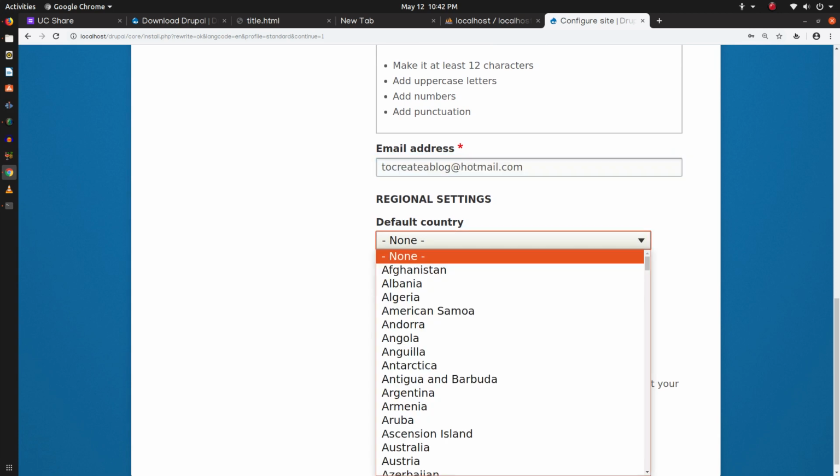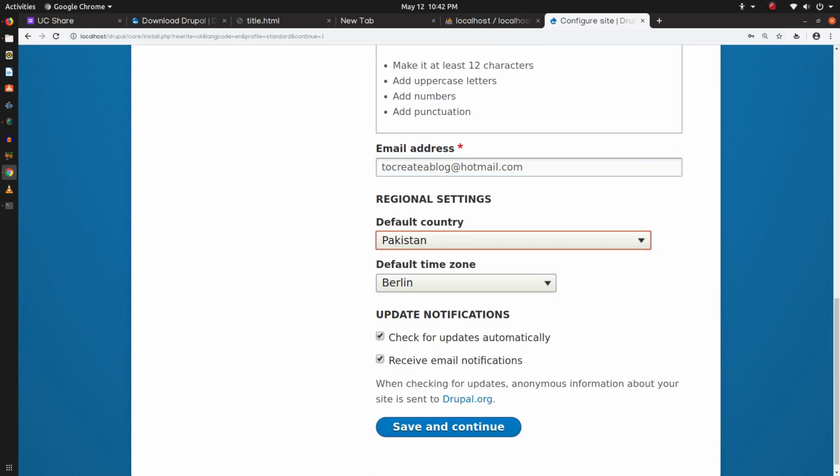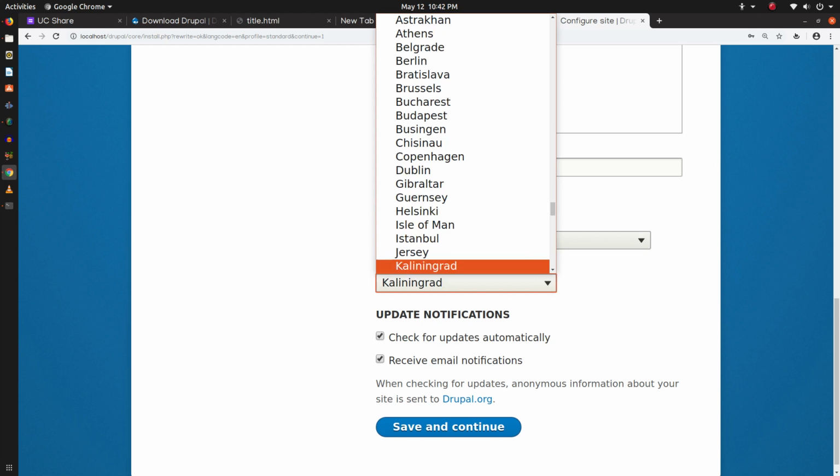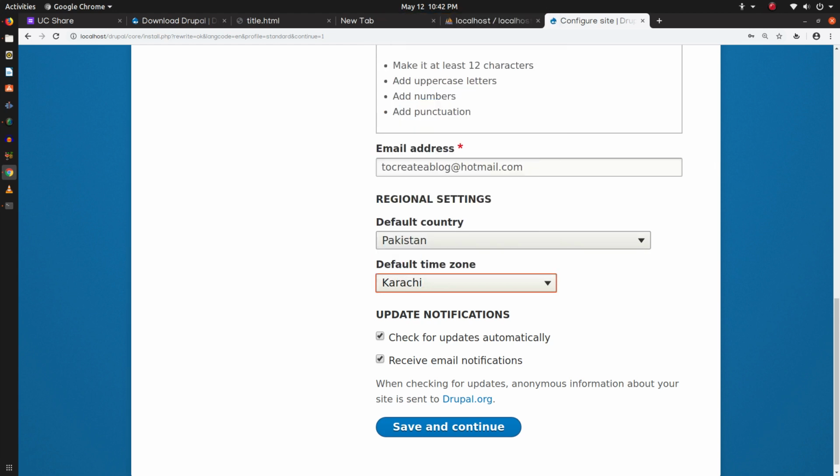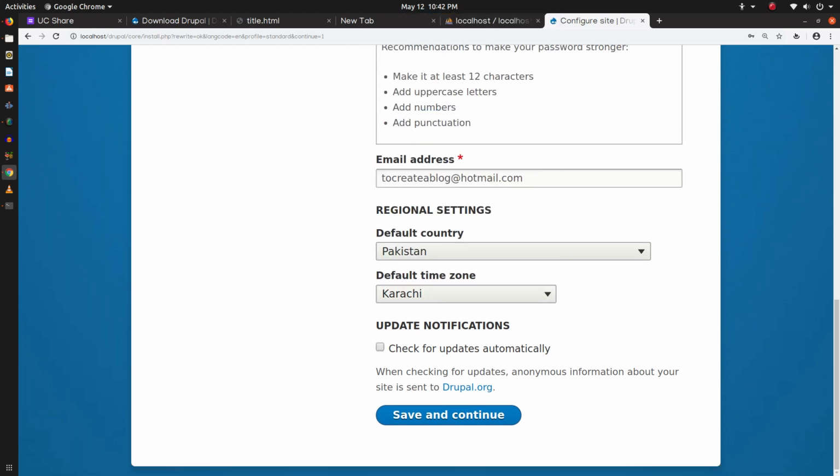You can also choose your country and your default time zone. Now this is a local installation, so I am going to uncheck these options. Now click save and continue.